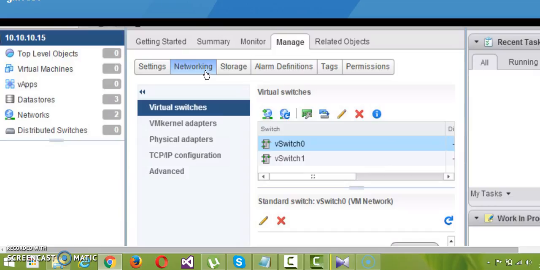Now go to Manage and open Networking, and in Networking just click on Virtual Switches, and here I'll let you know what the switches are. Here are the two switches I have created. I'm just letting you know how to create the switches, that's it. And go to the storage,